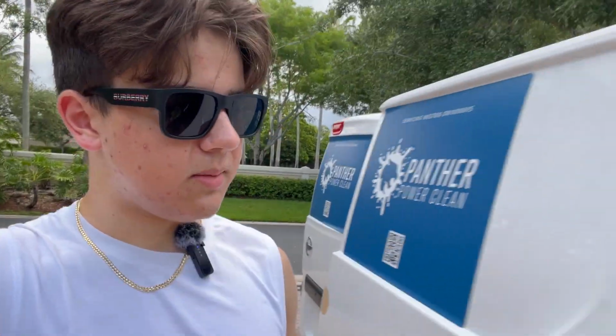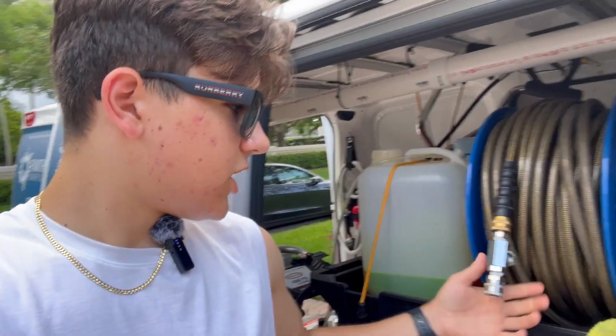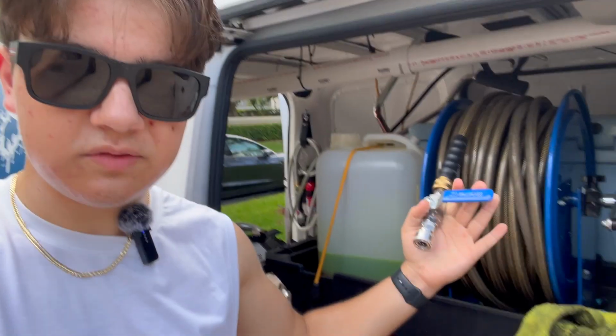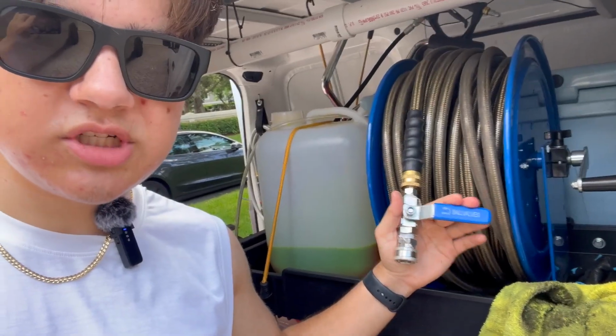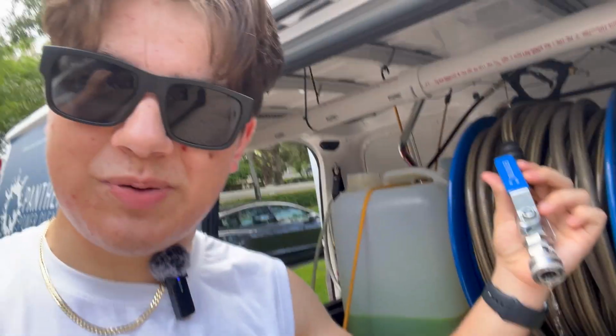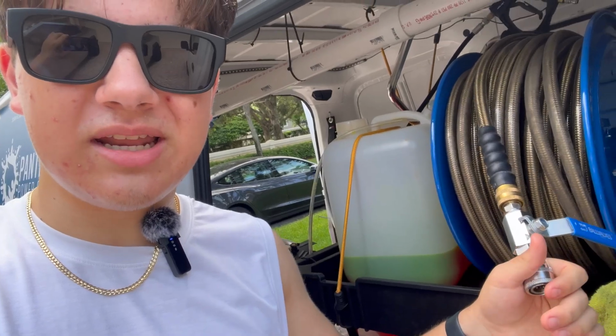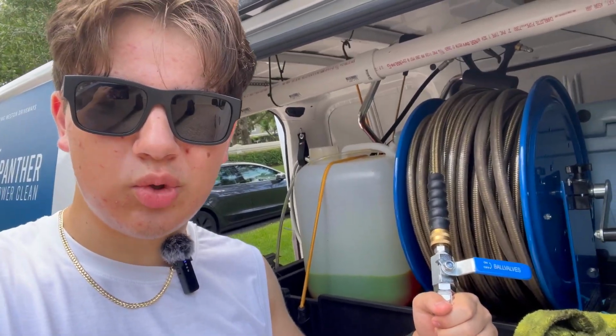But for me, I have a little fancier thing on this. It's not on the gun, but on the hose back here. See, I have this little silver stainless steel thing. You might be wondering what this is. This is a ball valve. So with this ball valve, you switch it into a forward-facing position. See, that is going to spill all the water into the van. So I have it closed for now. But when I take it out and I need to switch a tool really quickly,